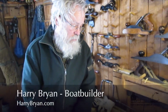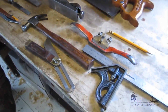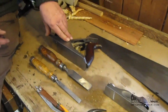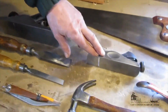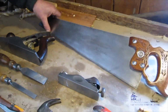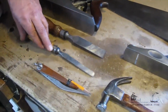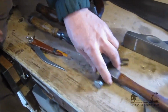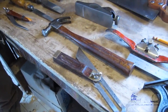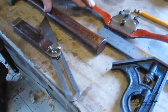In spite of the fact that there are huge numbers of tools available on the market, the basic kit is right before us here. Most any traditional boat can be built with what you see right here, with the addition of a cordless drill and bits to go with it. Your smooth plane, block plane, 12-point or 10-point hand saw, cross-cut saw, 1-inch chisel, half-inch chisel, pencil divider for scribing, a small hammer, anything from a 12 to a 16-ounce hammer will be fine, a bevel square, spoke shave,